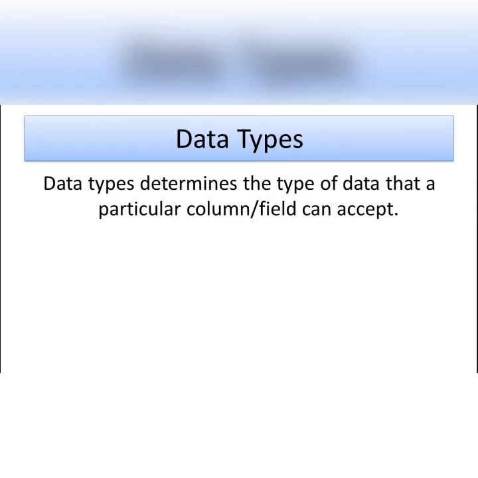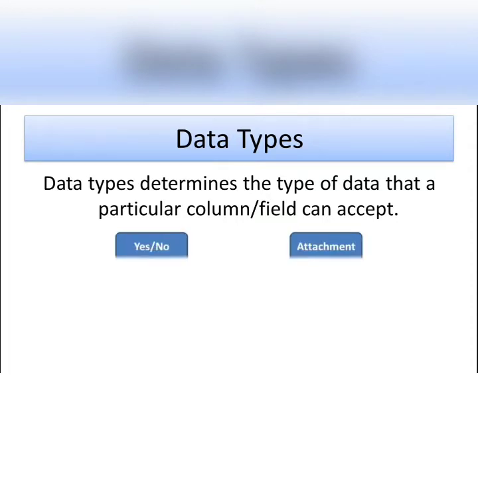So these all will include the data type, meaning the types of data we are going to use. For roll number I am going to use the data type number, right? And for your name I'll use the data type text. So the data type determines the type of data that a particular column field can accept.